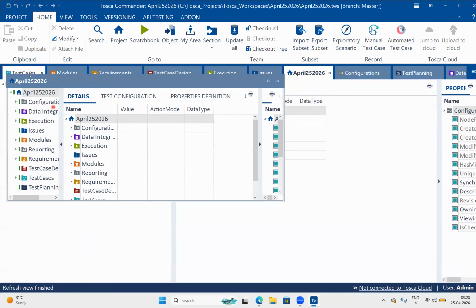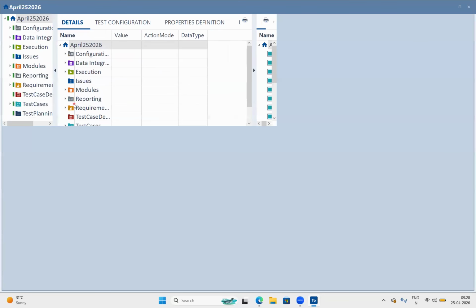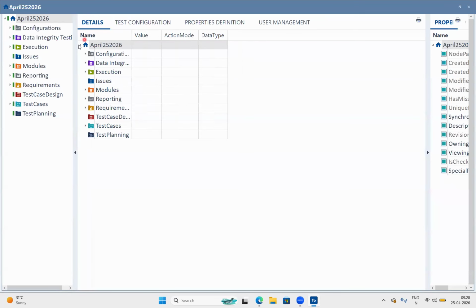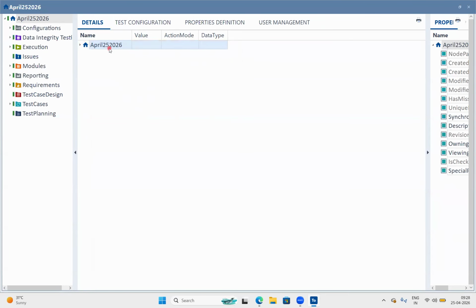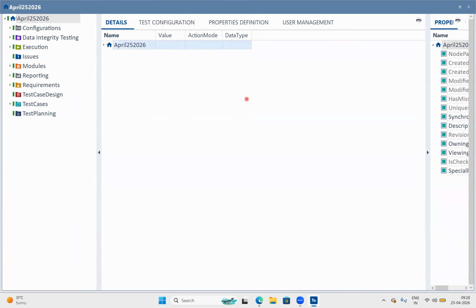For the project, you can see this project Home tab. I'm making it a separate window, and I'll show you in a bigger way. Yes. This home icon, this one is your project. And here in the left pane, you can see the number of sections easily: Modules, Test Cases and all. Approximately 8 to 9 sections. Once we create a project, it automatically creates this modular framework and adds all these things. We don't need to set up anything separately. Is this point clear?